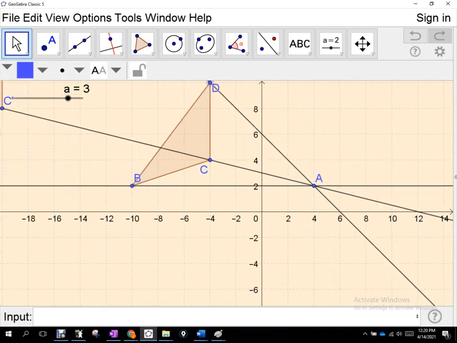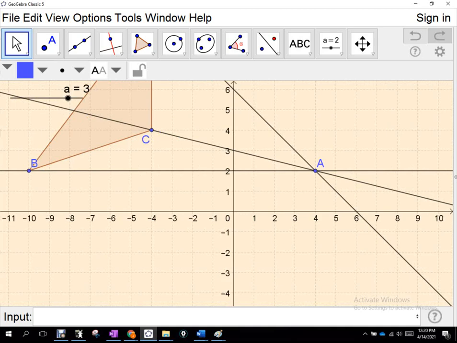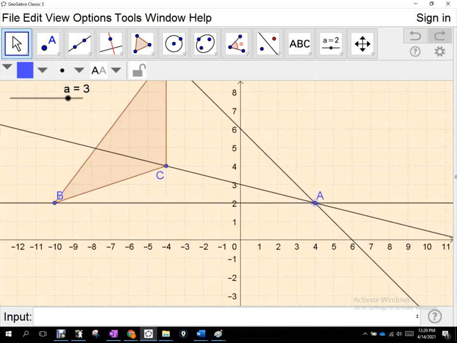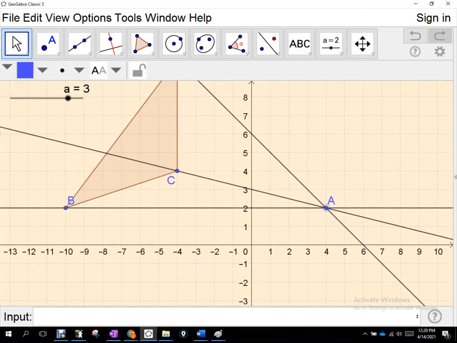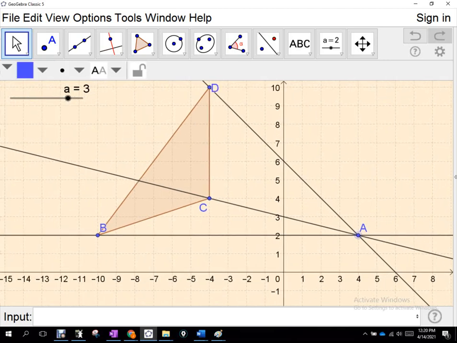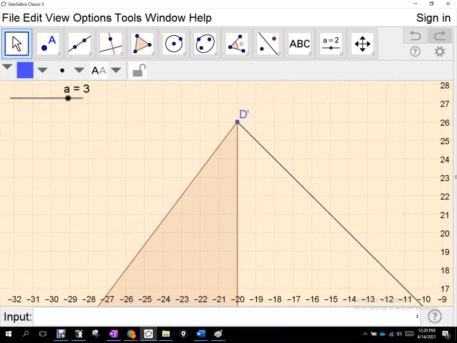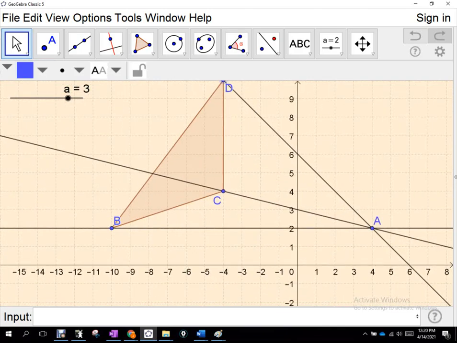So right now, we're seeing this point here is 4, 2. Okay. What happens is, and I'll talk about this in more detail tomorrow, in order to find the dilation factor, the scale factor that we use to multiply D's ordered pair to get D prime's ordered pair,